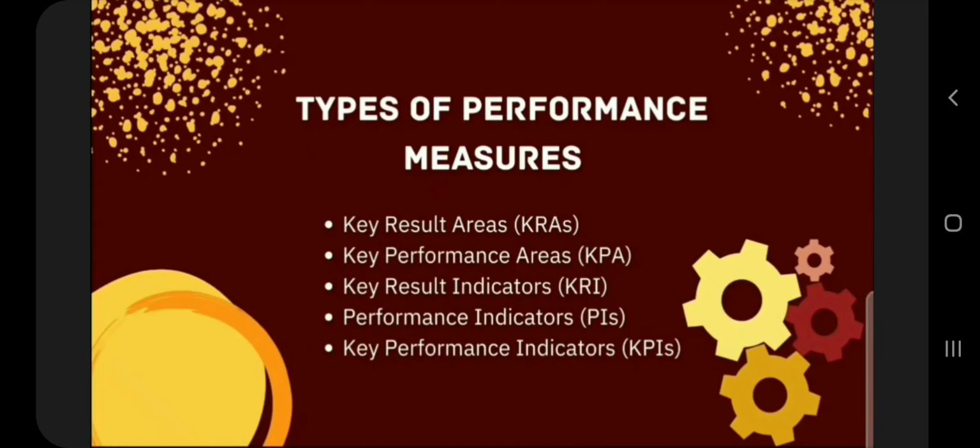Now let's tackle the types of performance measures. So there are 5 types of performance measures, namely key result areas or the KRAs, next key performance areas or the KPA, key result indicators or the KRI, performance indicators or the PIs, and the key performance indicators or the KPIs. When we say key result areas or the KRAs, it refers to a short list of overall goals that